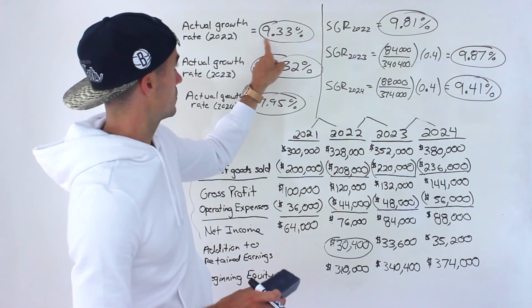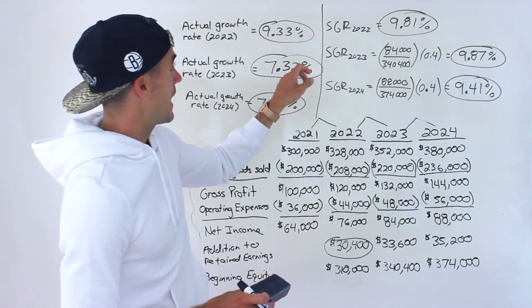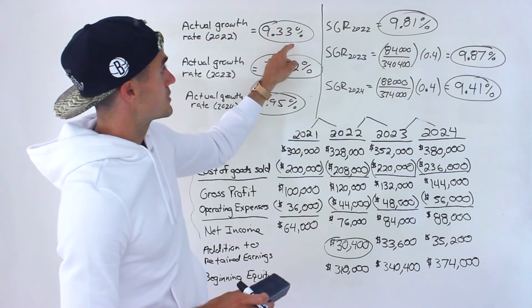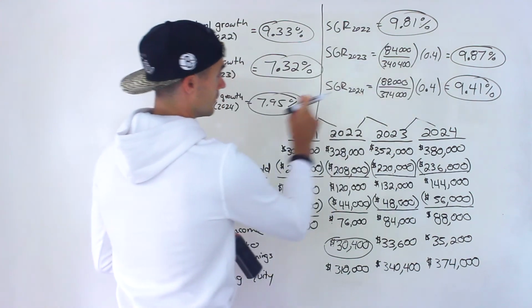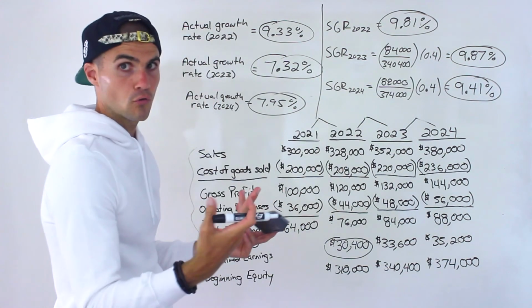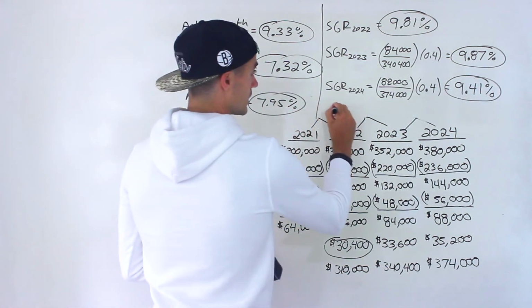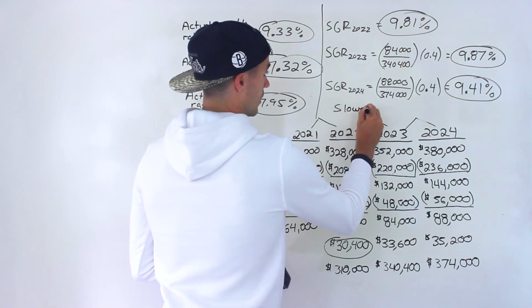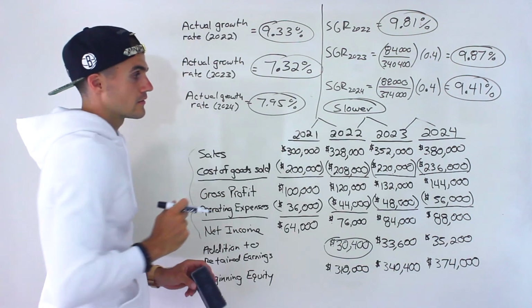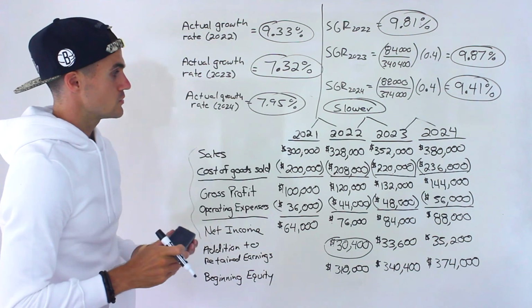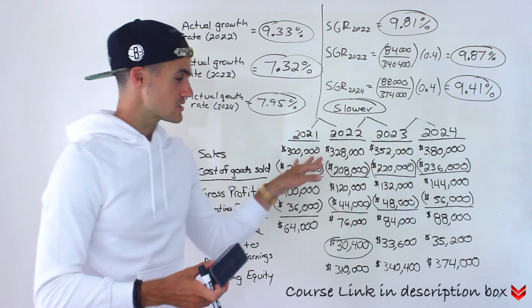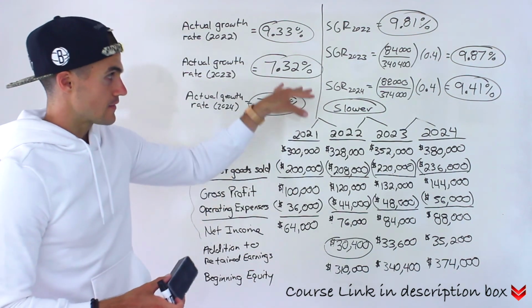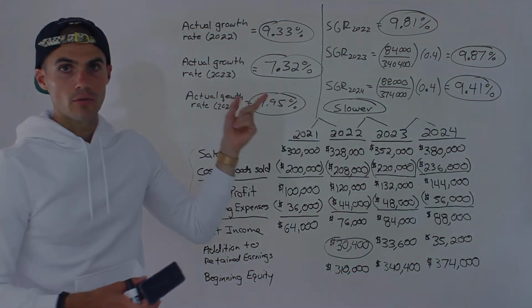With 2022, notice that the company is growing slower than the sustainable growth rate. Slower, slower. So overall, the company is growing slower than the sustainable growth rate. What we had to do was calculate the actual growth rate, which is always between the sales, and then the sustainable growth rate, and then we just compare them for each